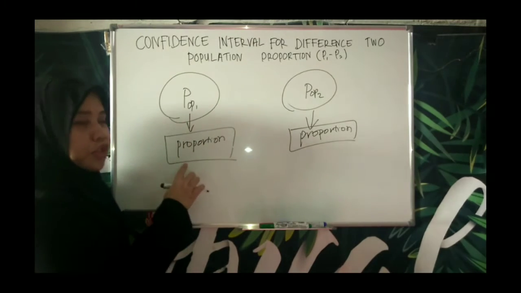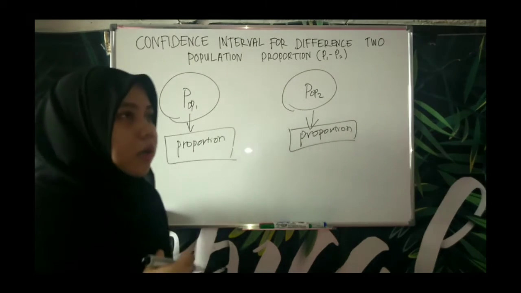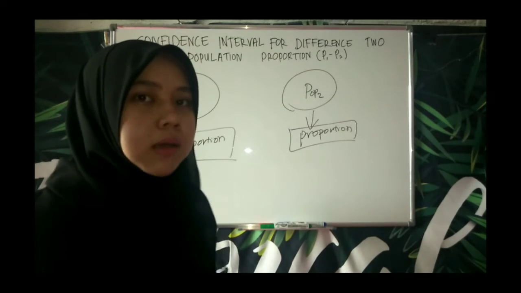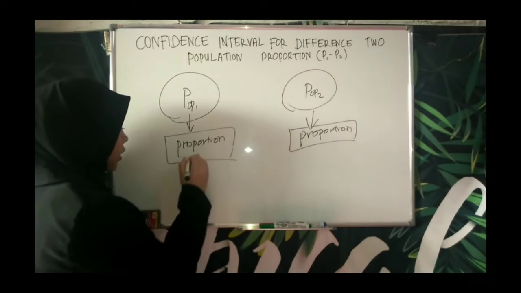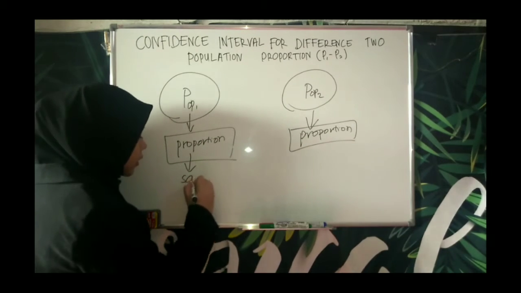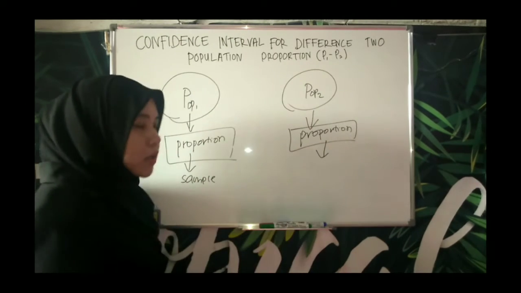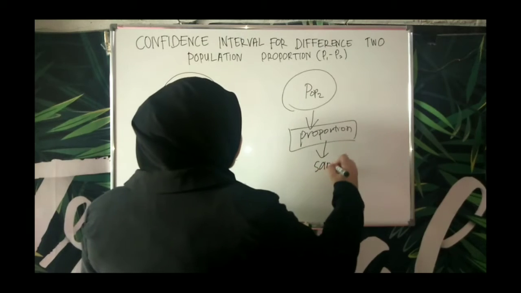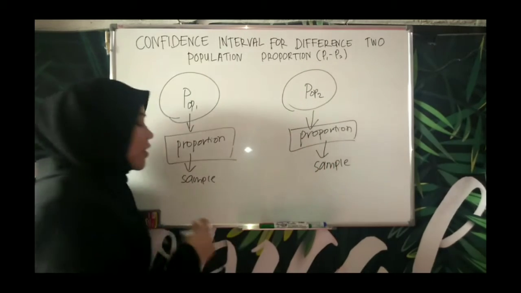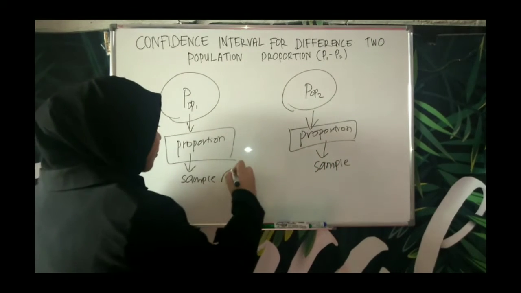In each population, we will randomly select a sample. So in this sample, we have a proportion,